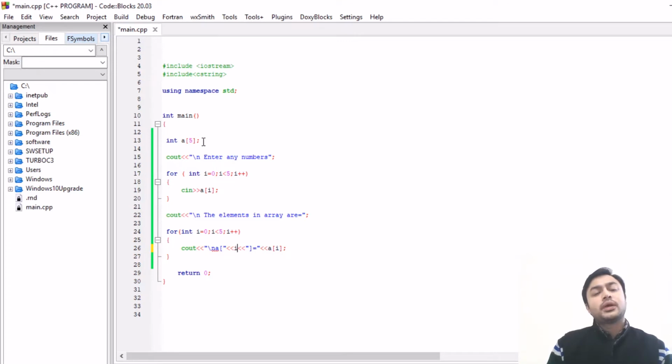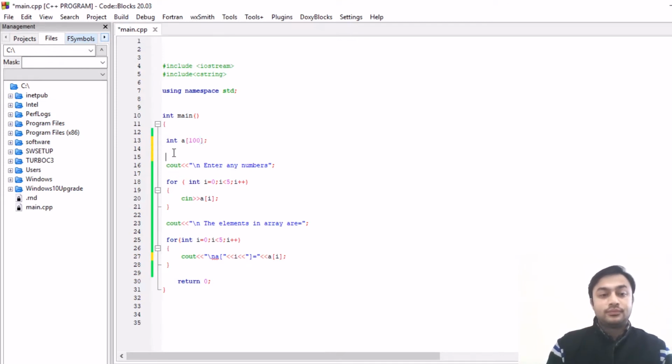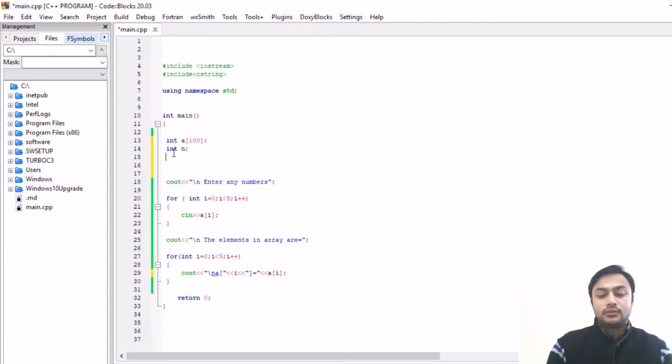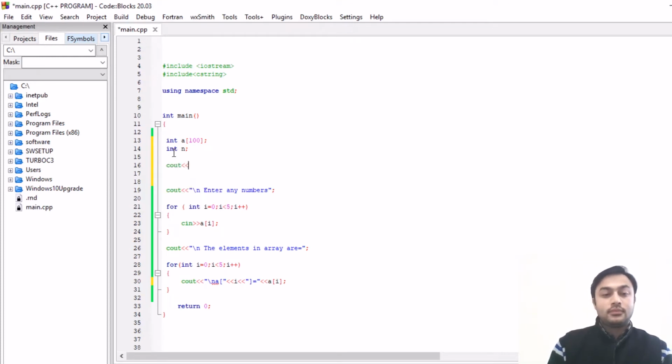Now if you want to make a general program, suppose you want to enter any number of elements at any time, then you have to define a larger size. Suppose here I have mentioned the size 100. Now here I have to first declare a variable, that is n, then cout, enter how many numbers you want to show.